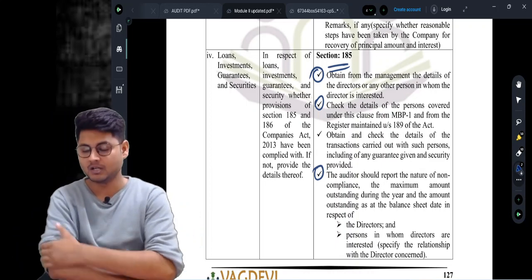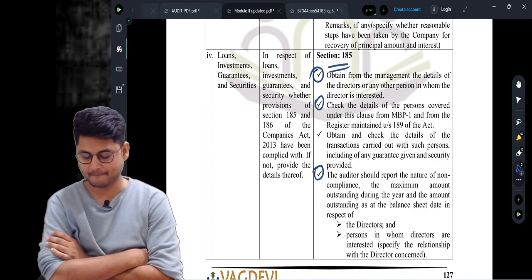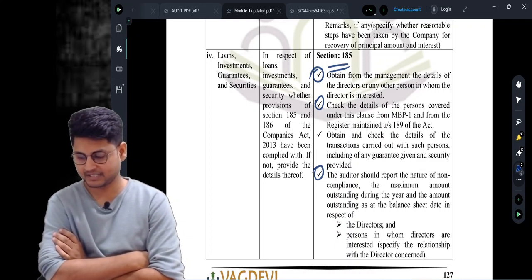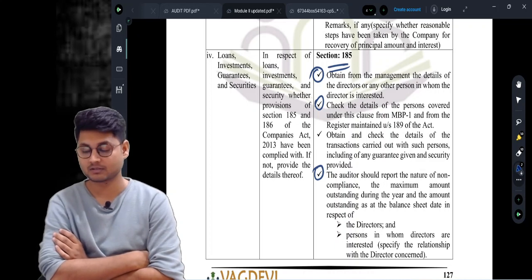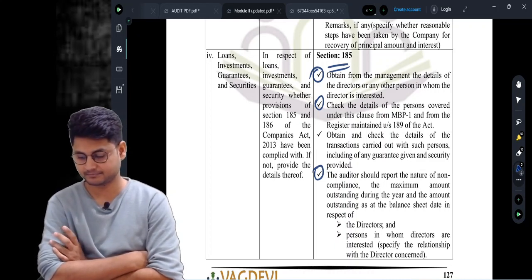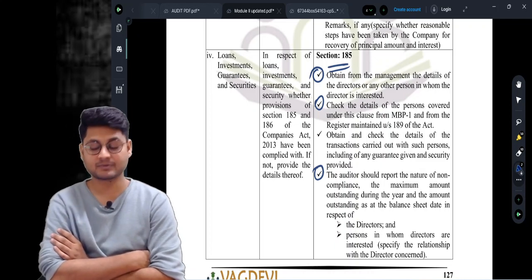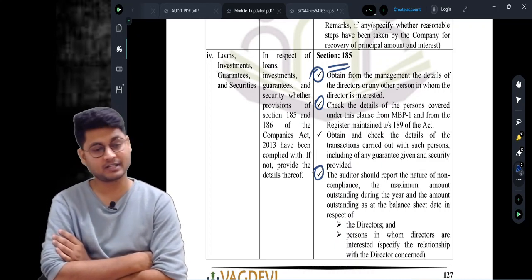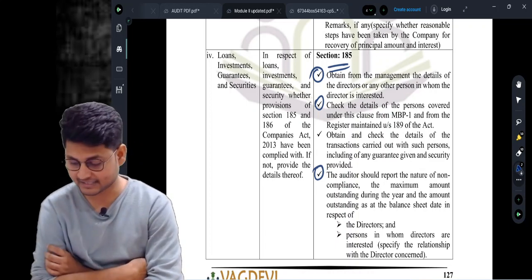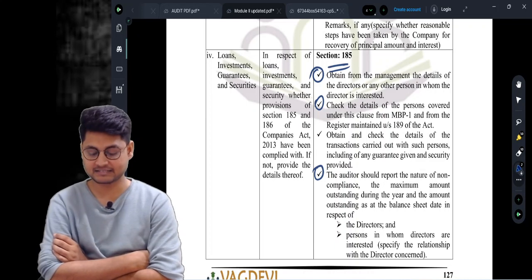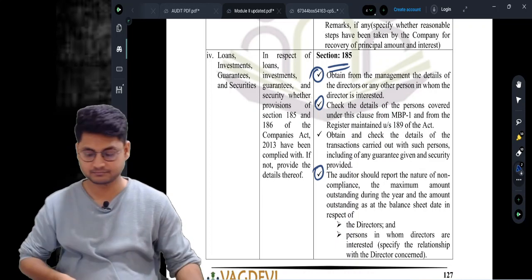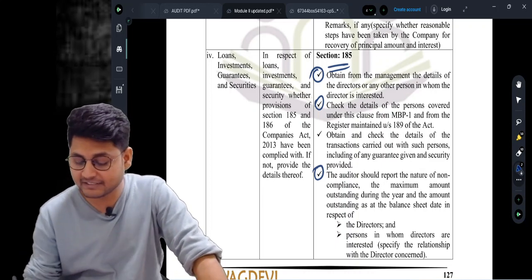Write the first point. Auditor shall obtain the details of directors or any other persons in whom the directors are interested, because 185 talks about